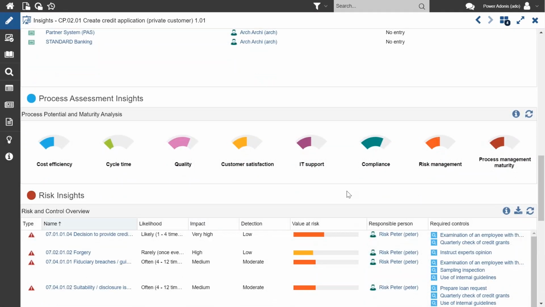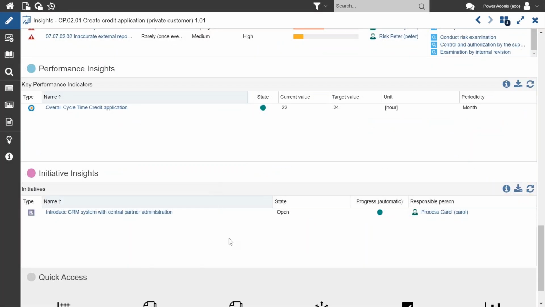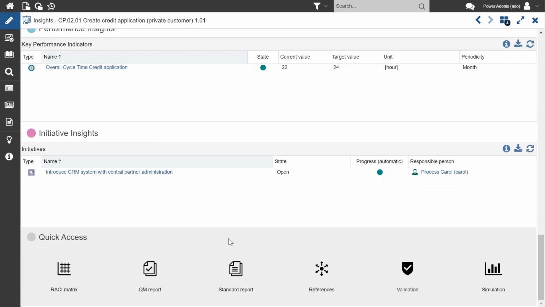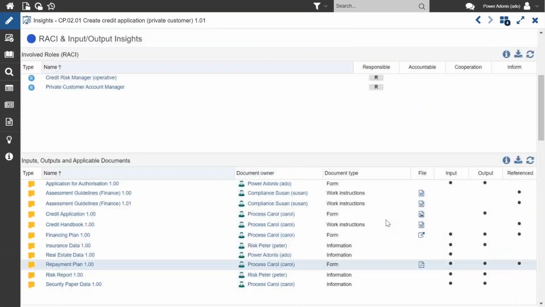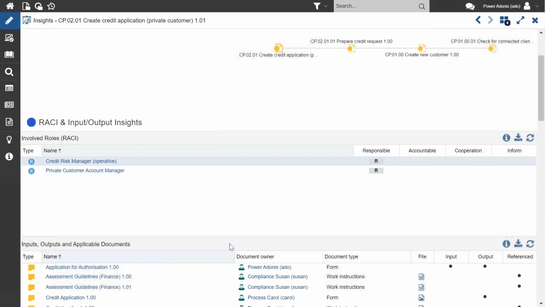Of course, going down again, we also have risk and control information if that's necessary, KPI information, also if it's related to any initiatives. And of course, the ability to access any sort of reporting down here directly from the Insights dashboard. So again, the whole point of me showing you that is to show you exactly what an Insights dashboard is supposed to do, right? So now I'm actually going to move into the newest Insights